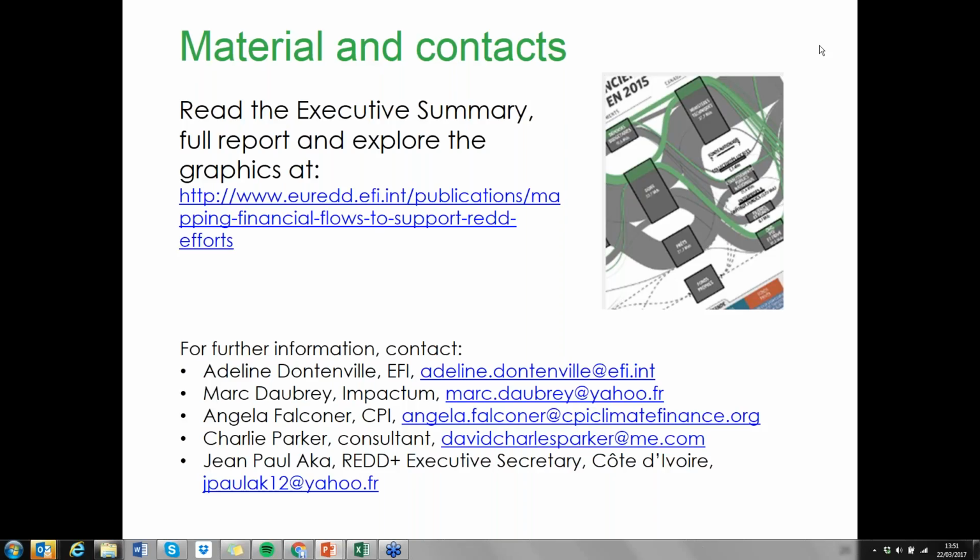Unfortunately, it does seem that there's very little budget being channeled to local governments, so there's a huge opportunity for local governments to play a greater role if increased finance is made available. And there's a lot of mechanisms that could be used to do that, but at the moment the data that we had suggests that state budget transfers to the local level play a really minor role in land use in Cote d'Ivoire. Mark?